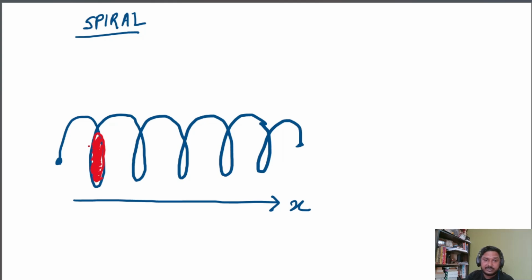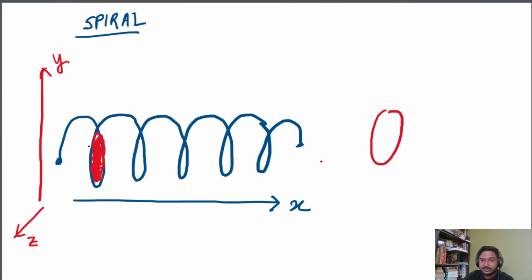So this circle exists in the YZ plane. So if we have this as the y axis and we have this direction as the z axis, then this circle